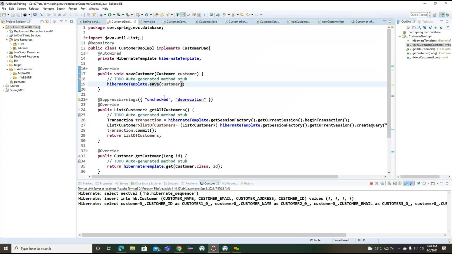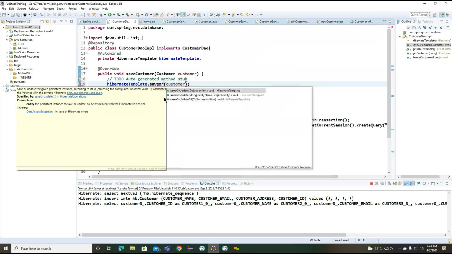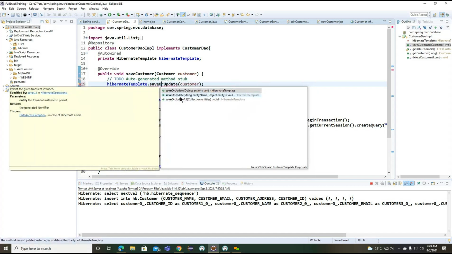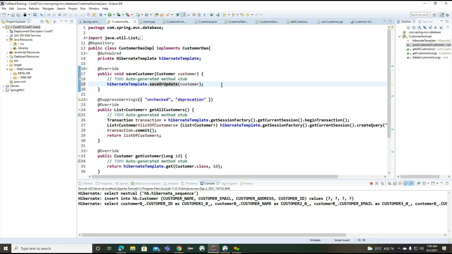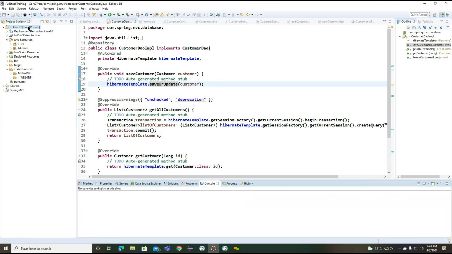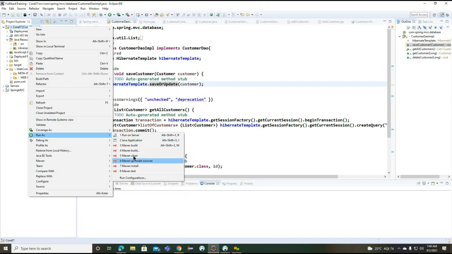So here, save or update. Let's see, we'll try with one more example here, whether this particular example is updating the existing record or not.